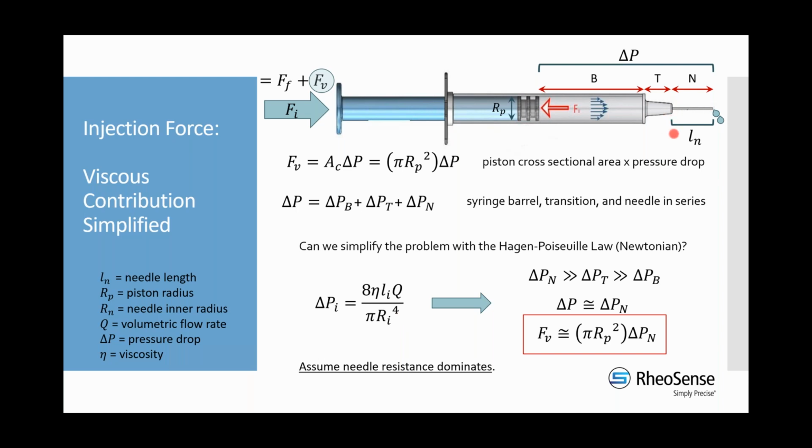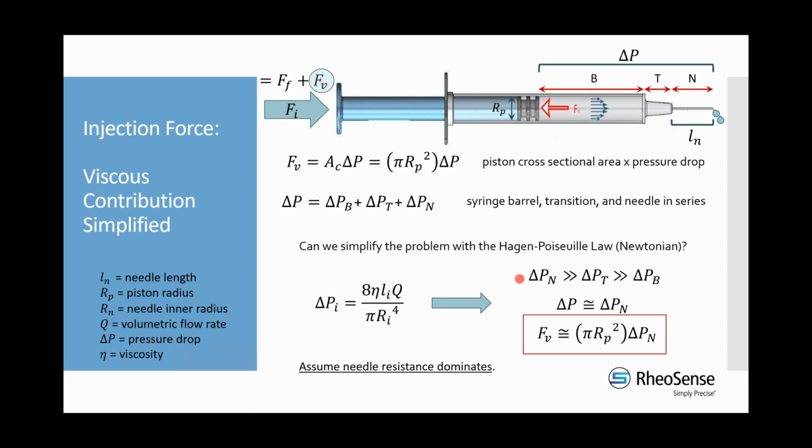So that's quite significant. And so if you think about how, if you go and pull up some dimensions for, say, the inner radius of the needle, trying to deal with that transition zone in some way because it's not uniform in terms of radius across the length, and then the needle. What you'll find is that this pressure drop in the needle, because of that very small radius, is going to be significantly larger than the pressure drop in the others. It's very easy to convince yourself of that for the barrel, maybe a little harder for the transition zone because it's a little bit harder to characterize, but